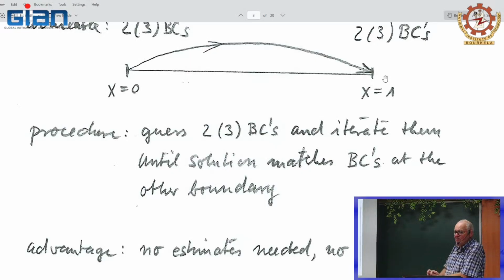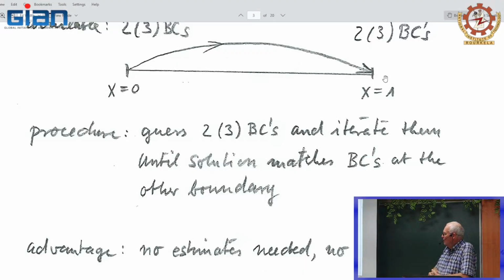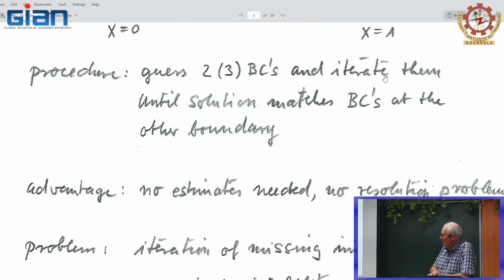The advantage here is that we do not need a grid, so this would be an ideal method to solve our linear stability problem. However, unfortunately, it's not that nice, because the iteration of the missing boundary conditions